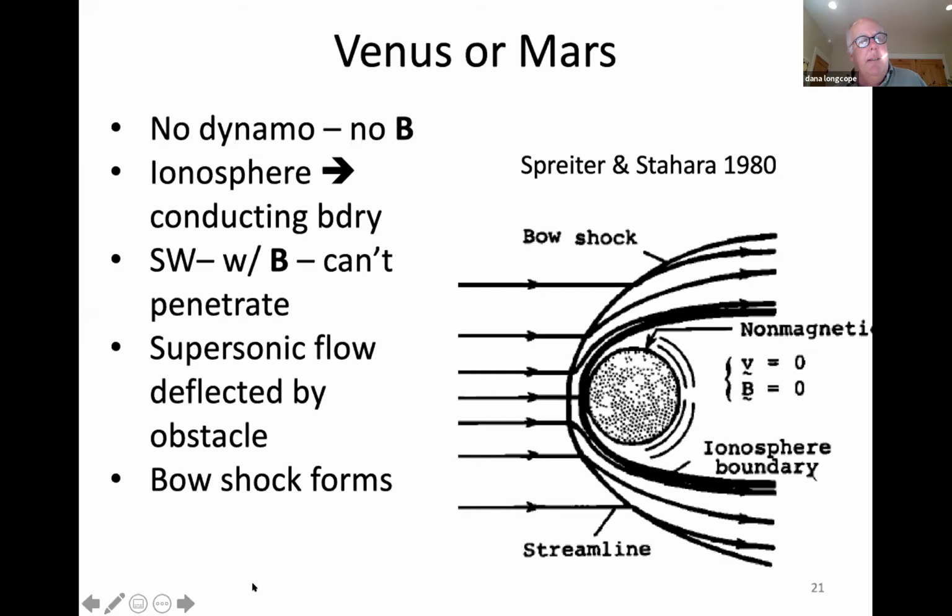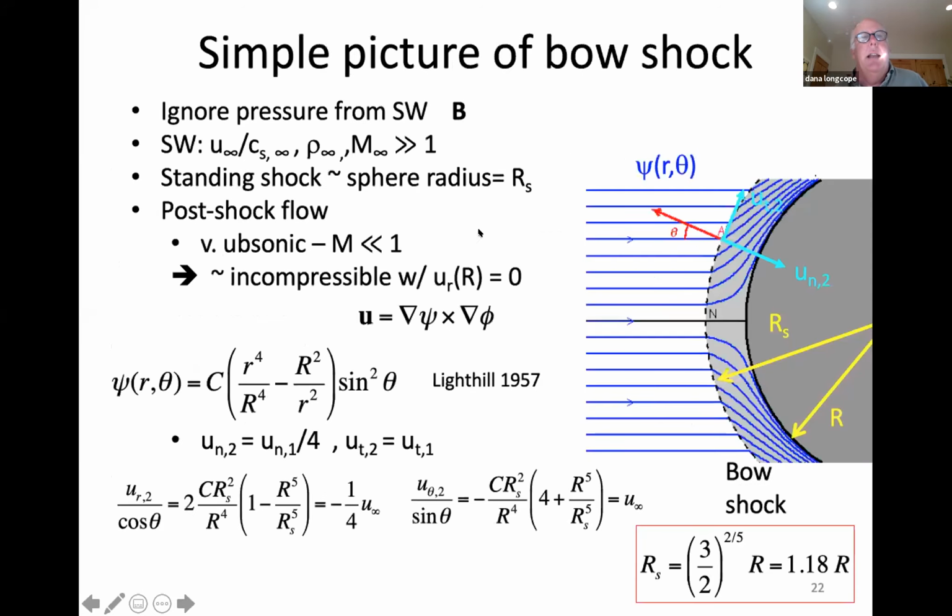Okay, so that's the easy side. The harder side is if you have a magnetic field, then what happens is the magnetic field forms that obstacle, and we'll talk a little bit more. It's not a rigid obstacle like a planet, but nevertheless, it behaves like a nice rigid object. That is, the plasma can't actually penetrate the magnetosphere, so it knows it has to go around it, but it can't know that until it's gone through the bow shock. This is the shock where the plasma has to slow down from supersonic to subsonic. It slows down, and